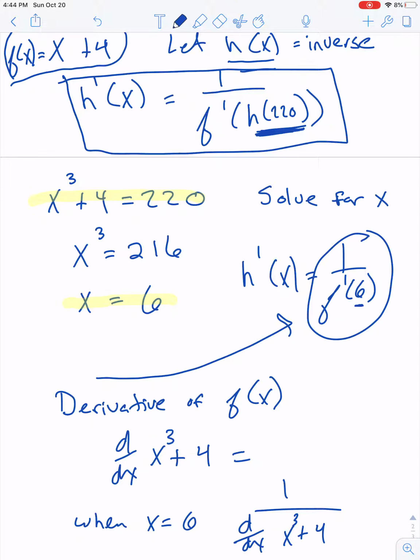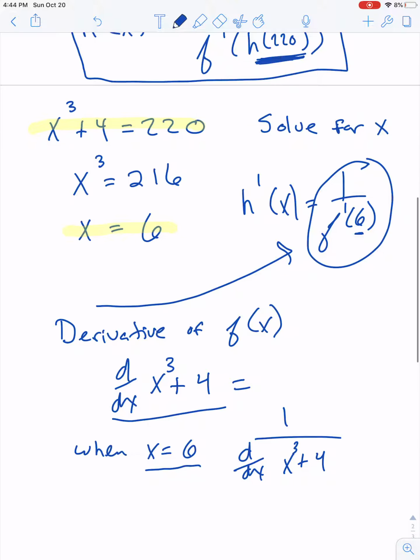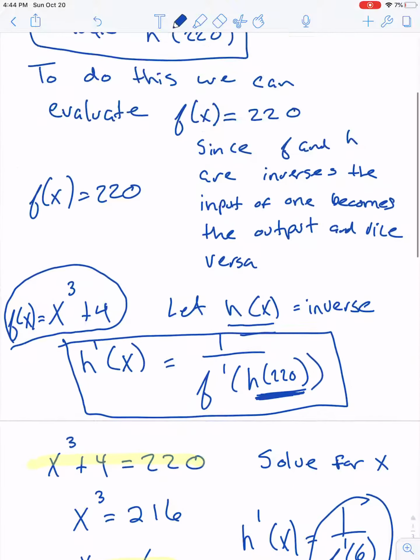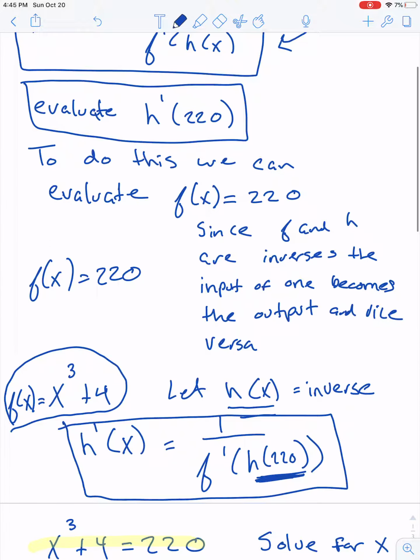So you're going to need to determine the derivative of x cubed plus 4, which I'll go ahead and let you do that piece. So you're going to differentiate x cubed plus 4, and you're going to evaluate it when x is 6. And then you're going to take that and divide 1 by that value, whatever that value is that you get. But the key to this problem here was really recognizing that, okay, we are looking for